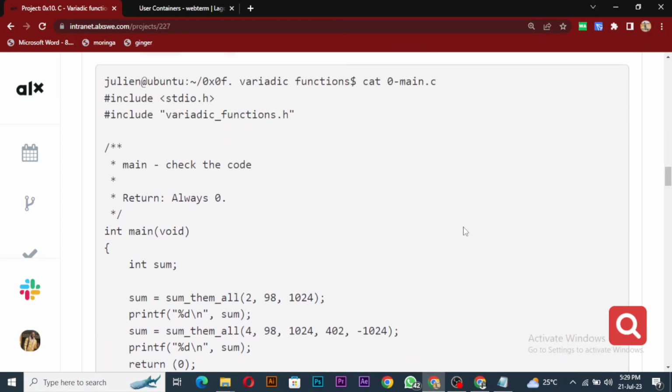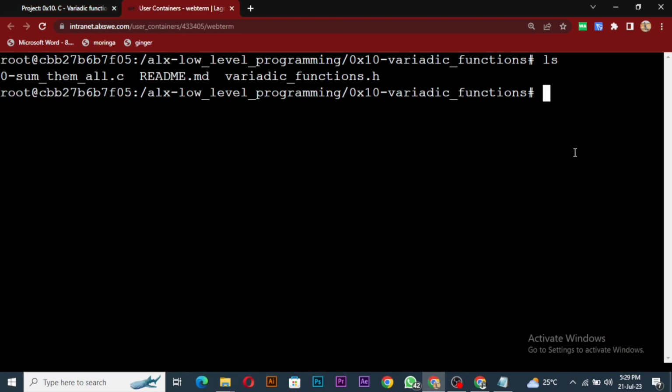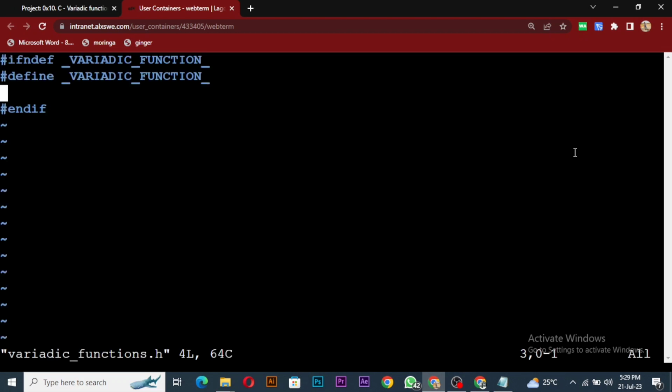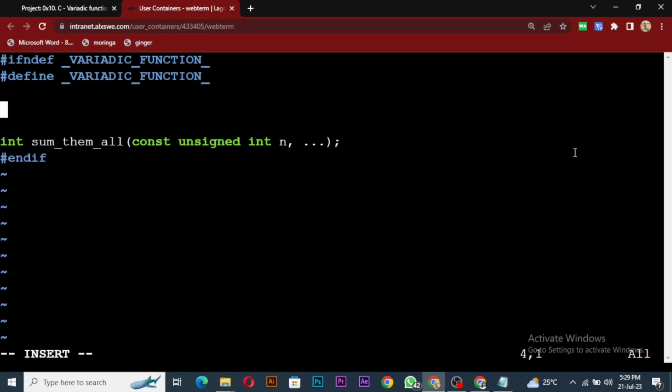So what should I do? I've copied the header file, so I'll vi my variadic_function.h, right? So I want to put my prototype. Let me just give it space. Okay, good. So I also want to use my standard IO and all those things. I can put them here, so I'll just say include